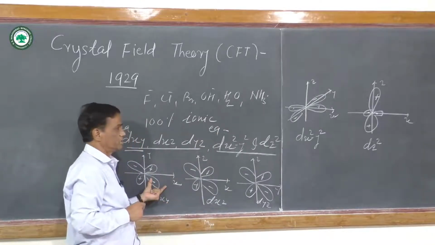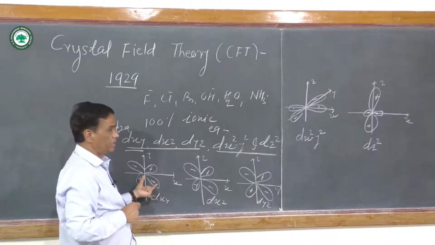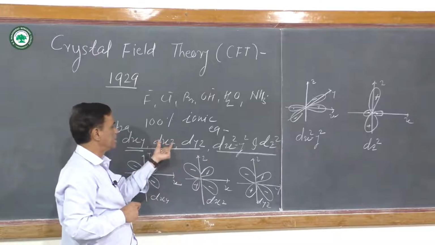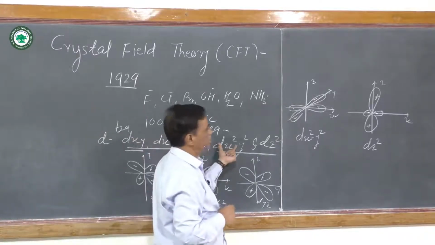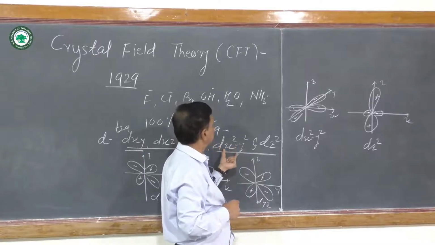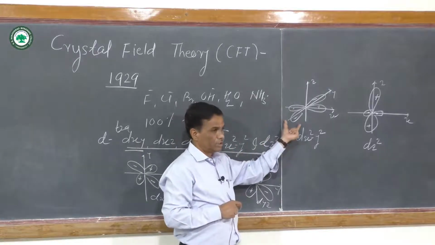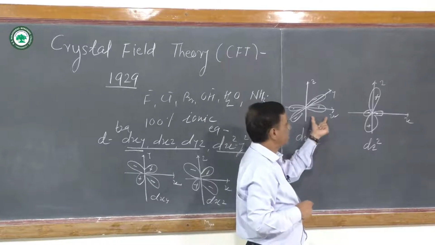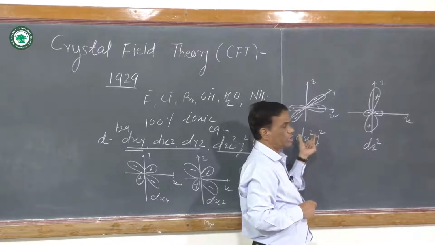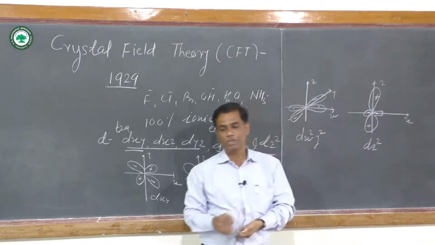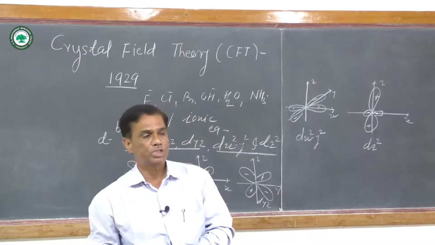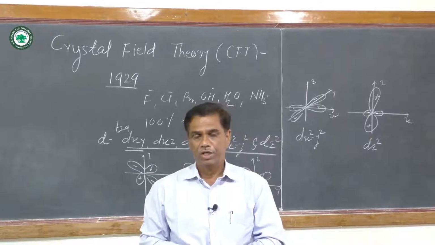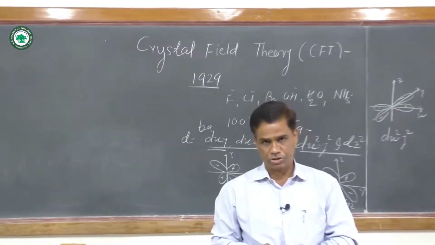Here the t2g orbitals, they lie in between the axes, meaning dxy, dxz and dyz, and they are lobe shaped. Whereas the eg set orbitals, meaning dx square minus y square and dz square, are dumbbell shaped and lie along the axes. And these are the two sets of the d orbitals, meaning five d orbitals split into two sets. One is the t2g set and the second is known as the eg set.